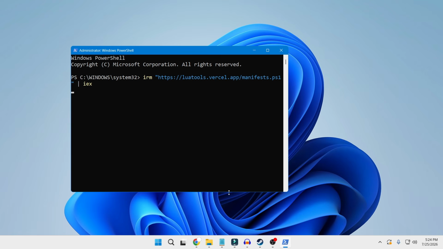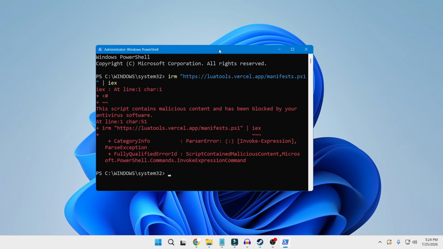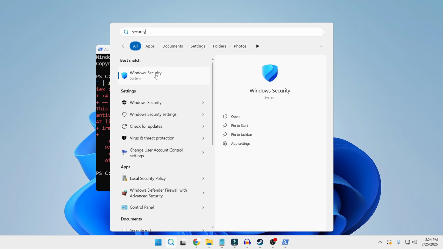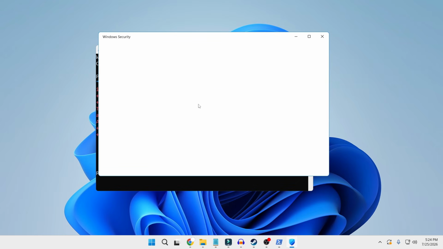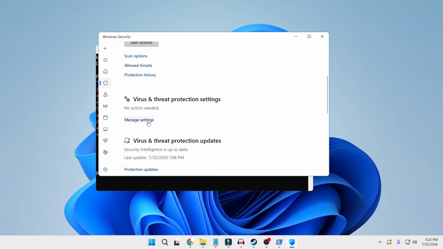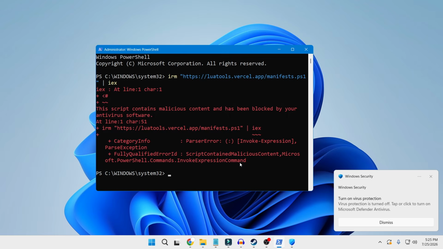Wait for some time, and in case if you get this kind of error message, then you don't have to worry, because this is a false positive message. And again, before running it, click on Windows search, type security, click on Windows security, click on virus and threat protection. Under virus and threat protection setting, click on manage settings, disable all these protection for a while. Once disabled, again run the same command,